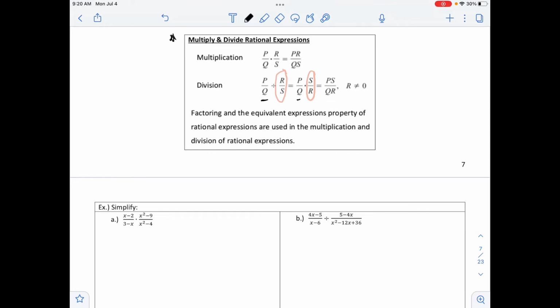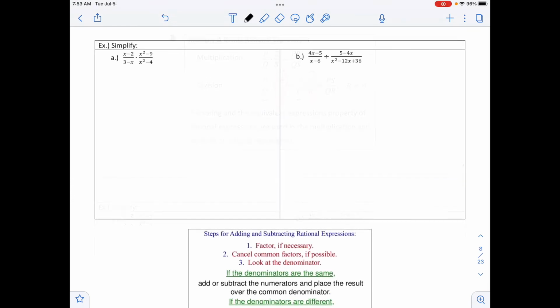So factoring and the equivalent expression property of rational expressions are used in the multiplication and division of rational expressions. The example on the next page says to simplify, and so in order to do this, we need to factor and reduce any common factors that we have. So the first thing that we do have is x minus 2 over 3 minus x times,